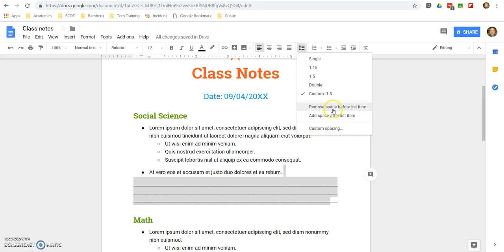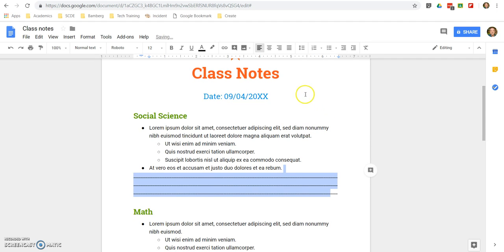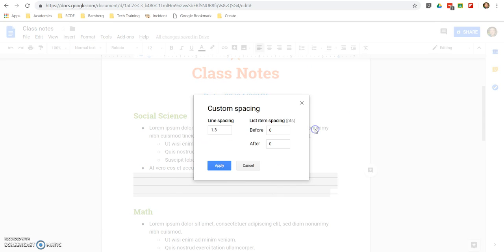I personally am going to remove the space before a paragraph, or in this case the list item. And ultimately, you want to be able to control spacing. There are times you may want to use that, but I find using line spacing works better than having space before and after paragraphs. So I'm going to come over here to custom spacing, and I'm going to change this